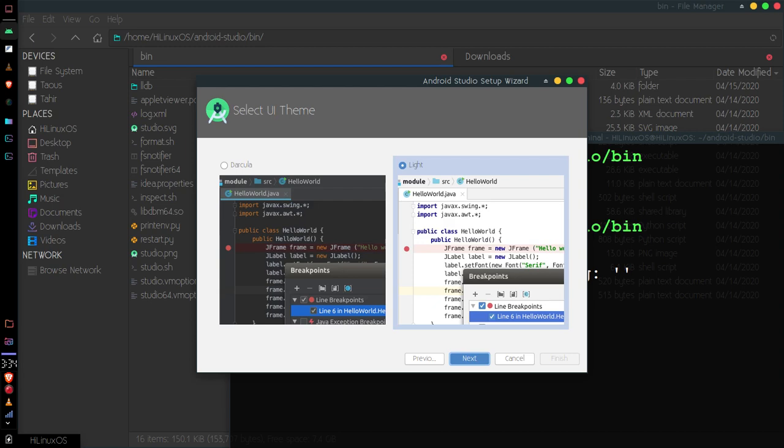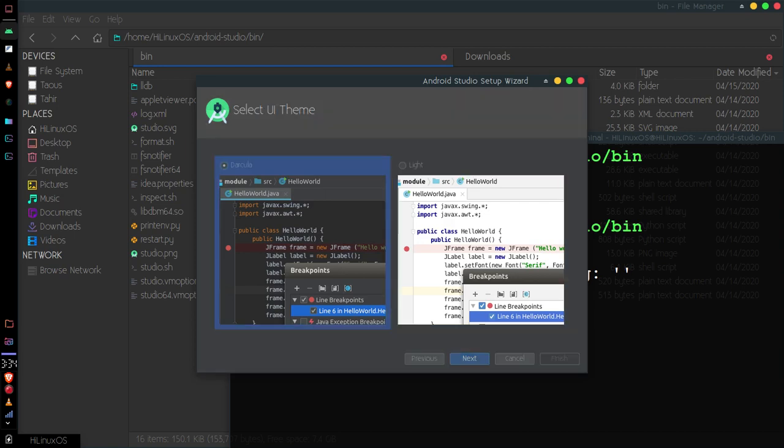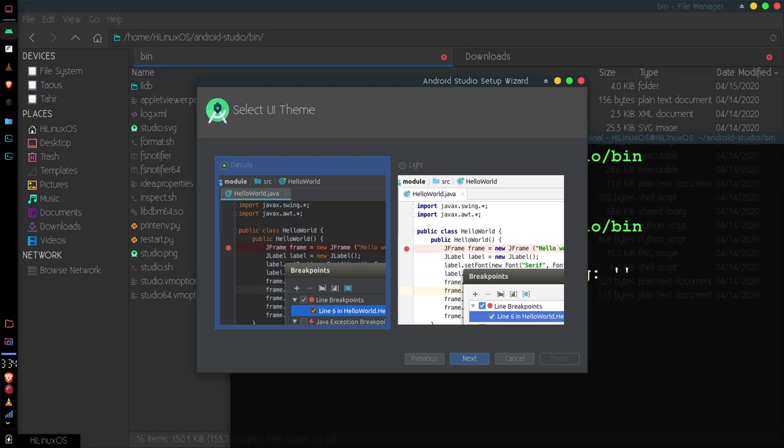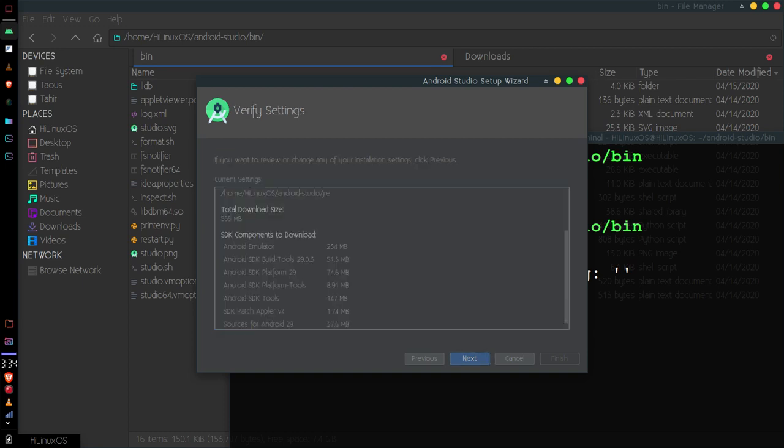Now we have two user interface themes. We have Dracula for dark and light as well. I'm going to choose the Dracula dark theme. I prefer dark themes. Click next. And now if you want to review or change any of your installation settings, click previous. To verify your settings, you can click next.